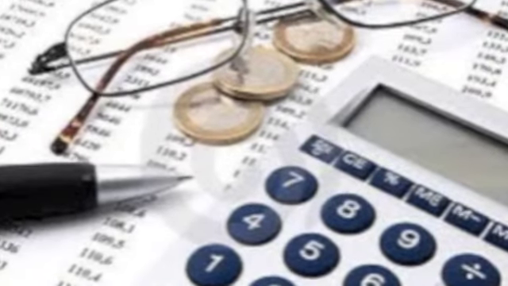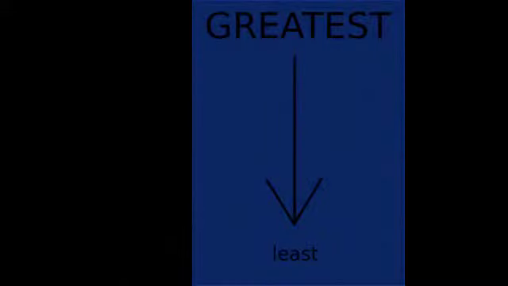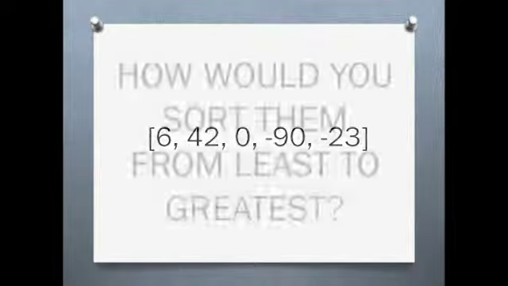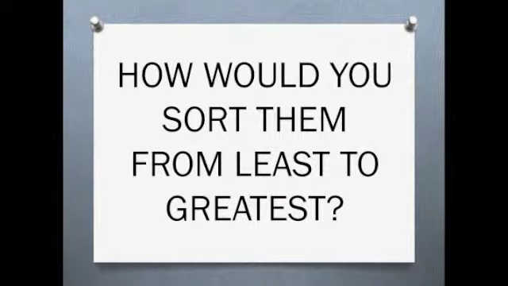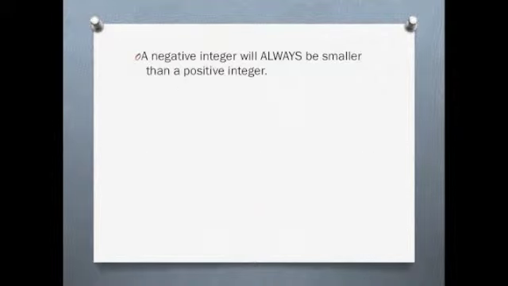Integers and non-integers are used in our everyday lives, such as with money we spend and even the temperature outside. First, let's explore how to sort different integers. If we have the group of integers 6, 42, 0, negative 90, and negative 23, how would you sort them from least to greatest? First, we must understand that a negative integer will always be smaller than a positive integer,